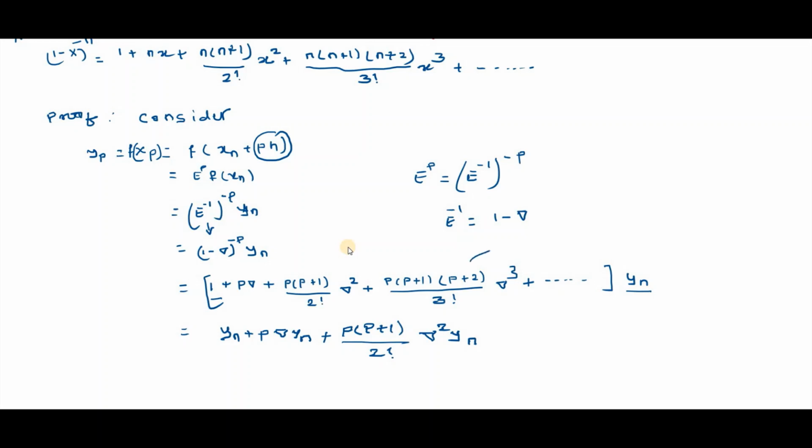Multiplying the next term with yn, we get plus p into p plus 1 into p plus 2 divided by 3 factorial into del cube yn, and continue in the same way,